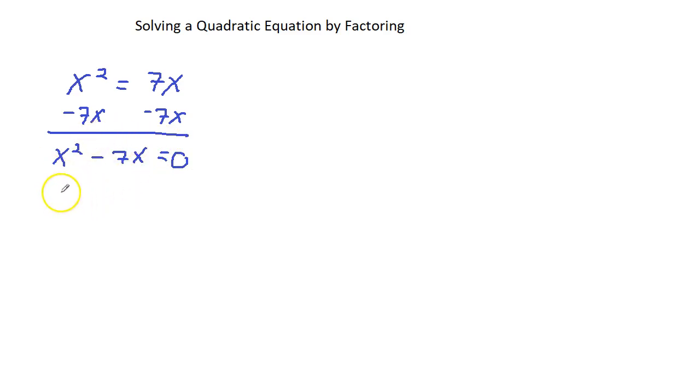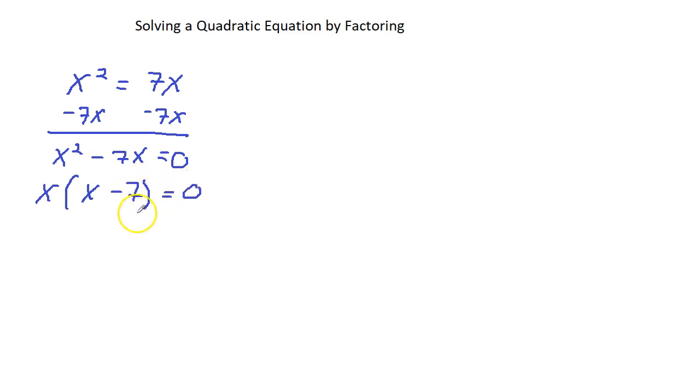Then I'm going to factor out a greatest common factor because I have only two terms, and even though there's a negative and this one's a perfect square, 7x is not a perfect square. So this is not a difference of two squares. So the only thing I can do is factor out my greatest common factor, which is going to be x. So x, what's left over is x minus 7